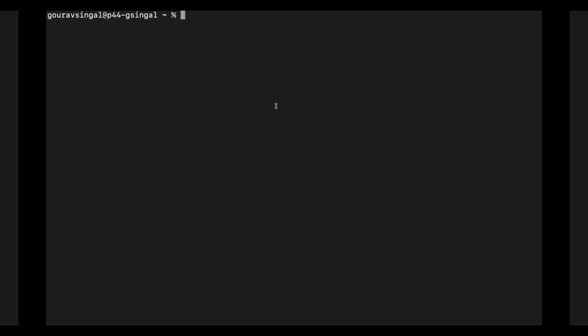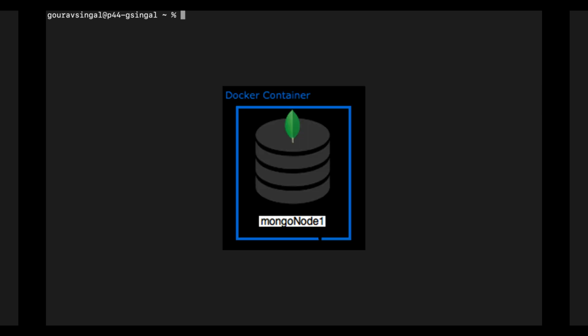Now let's quickly recap what we have discussed till now. MongoDB is flexible, fast, and scalable. It's perfect for modern apps with dynamic data. There are many easy ways to use it, like local, cloud, Docker, GUI, and remote. Now that we understand the basics, let's move to the main part, setting up MongoDB using Docker and accessing it through the terminal. Let's start by spinning up a MongoDB server inside a Docker container.